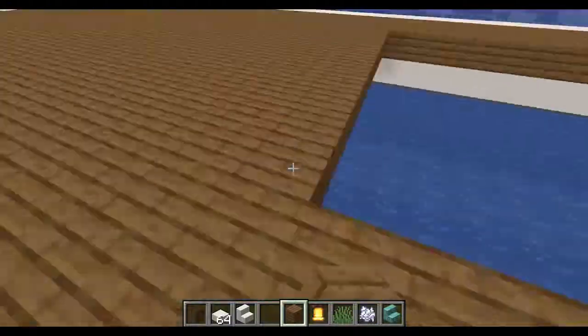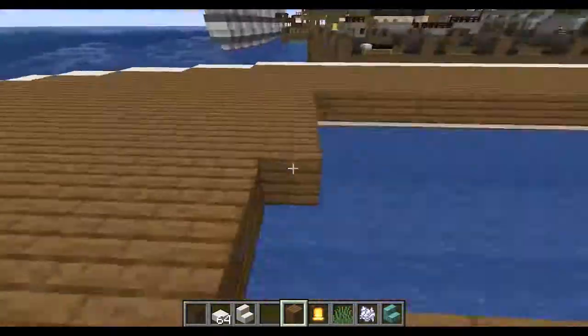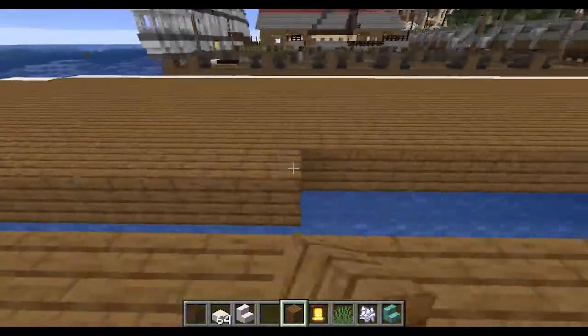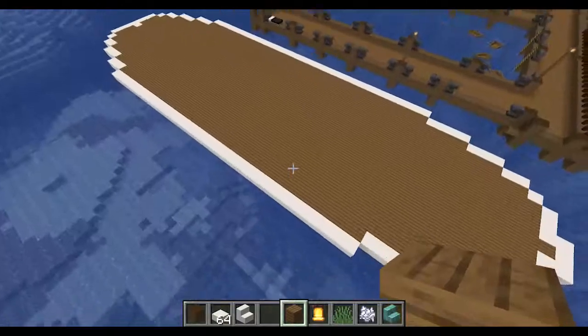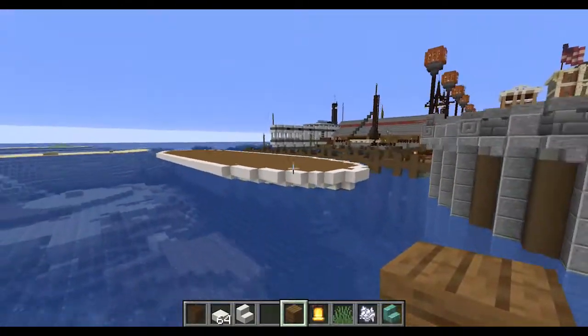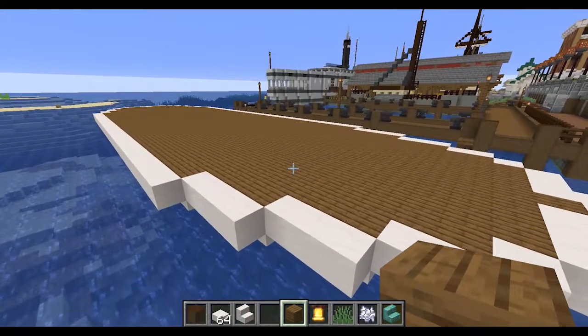Yeah, I'm building this ship for the main map that I've been working on for a little while now. It's called Book 1: The Itinerant. Essentially, the entire map is a big story, and it's taking place in the Wild West in 1899. Alright, cool. So we've got that completed.